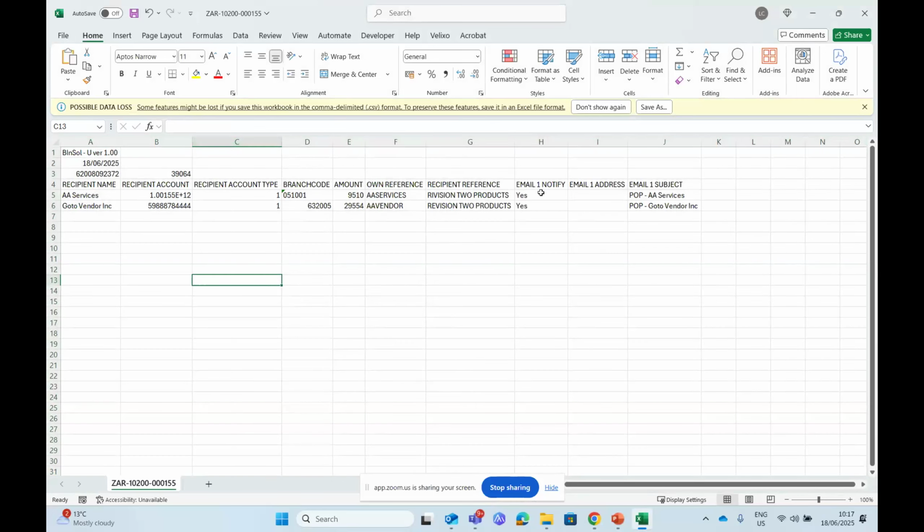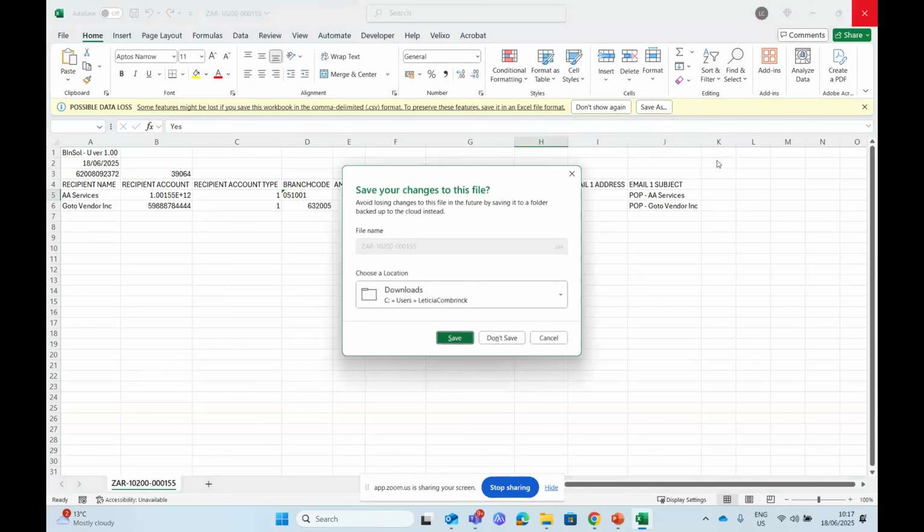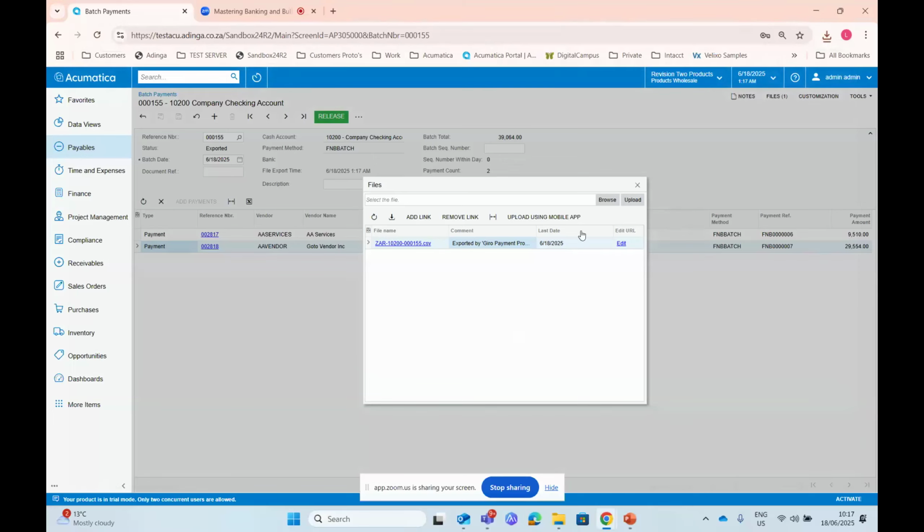I do have the option to send a notification to the supplier, or you can send a notification to yourself, or we can set this to no and then you don't get any email notification. So this file you take and you just upload it into your bank.